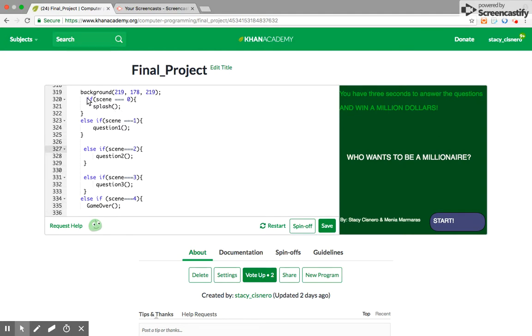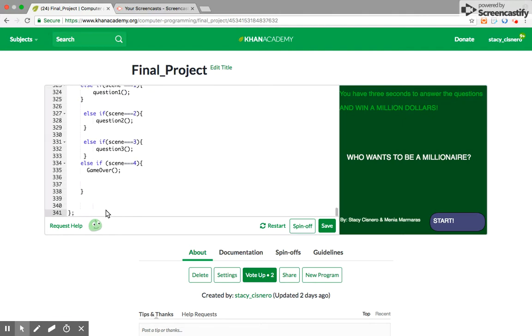And this over here is just the if scene 0, the splash. So these are just for the individual scenes that would show up. So like I said, scene 1 would be question 1, whereas scene 2 is question 2, question 3 is scene 3. The last scene is the game over scene, which is the ending of our game. So that is all. Thank you for